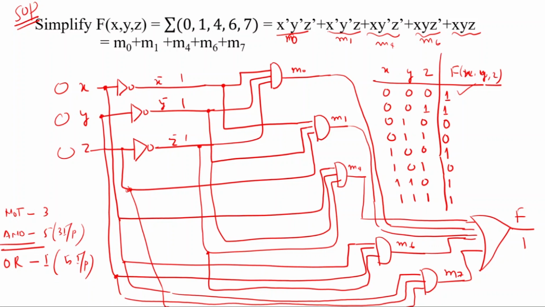Our objective is to minimize the complexity of this circuit through simplification. Simplification means minimizing the number of literals. When we minimize the number of literals present in each term, obviously the number of gate inputs is minimized. Second, when we minimize the total number of min terms, the number of AND gates is minimized. And when the total terms are minimized, this means OR gate inputs are also minimized. This means overall the circuit becomes less complex when we simplify the Boolean function.